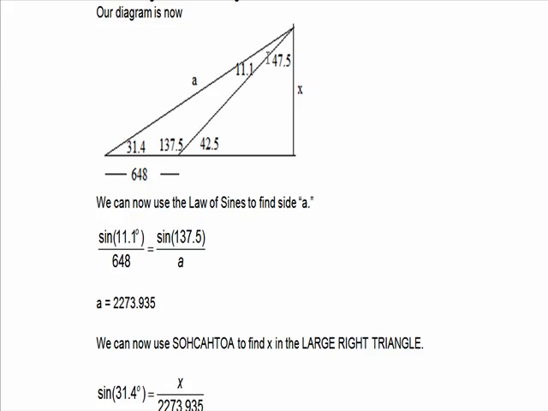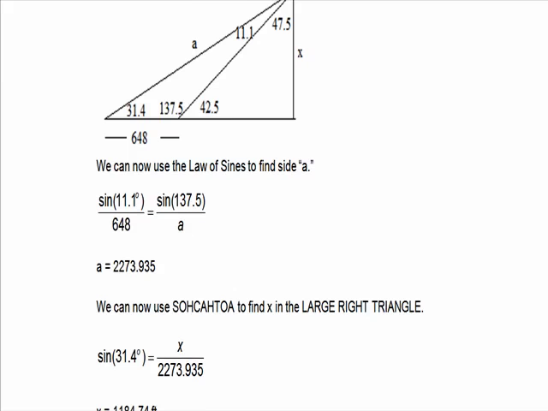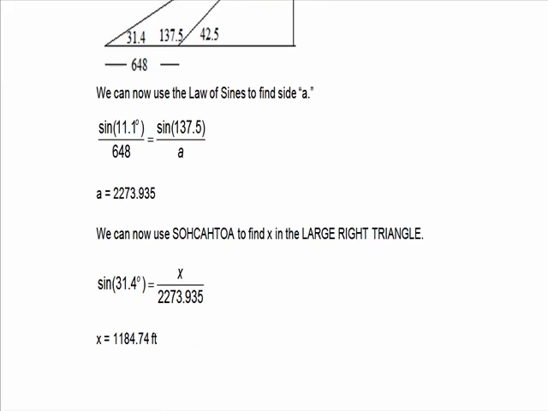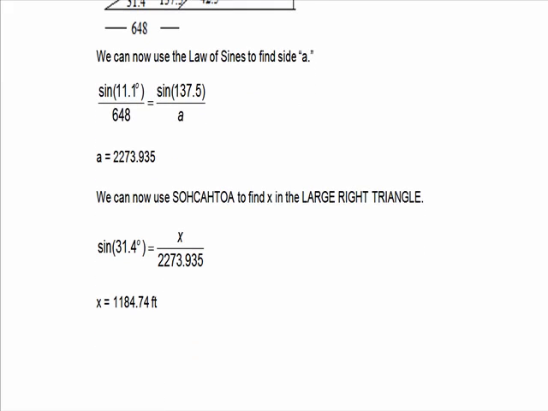Now I chose, in this case, to use my SOHCAHTOA to find the x in the large triangle. I could have, as I originally had mentioned, found this value right here. But we'll do it this way. So now if I use SOHCAHTOA on the big triangle, x is the opposite, a is the hypotenuse. So I have sine of 31.4, that's the angle, is equal to the opposite, x, over this 2273.935 that I found. And if I just cross multiply and solve, I learn that the height of the mountain